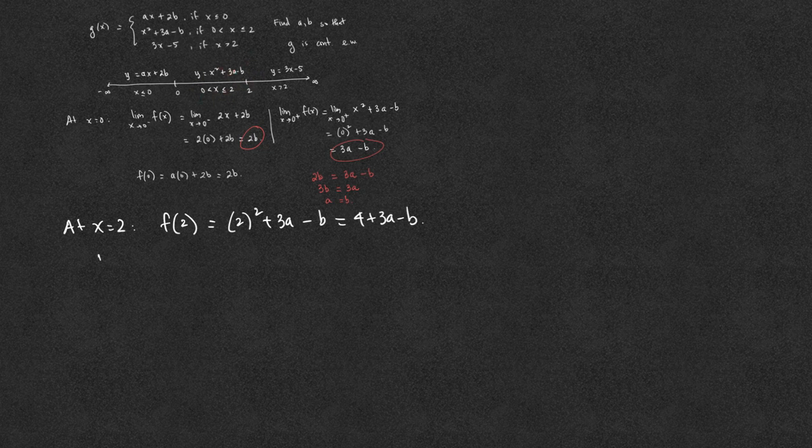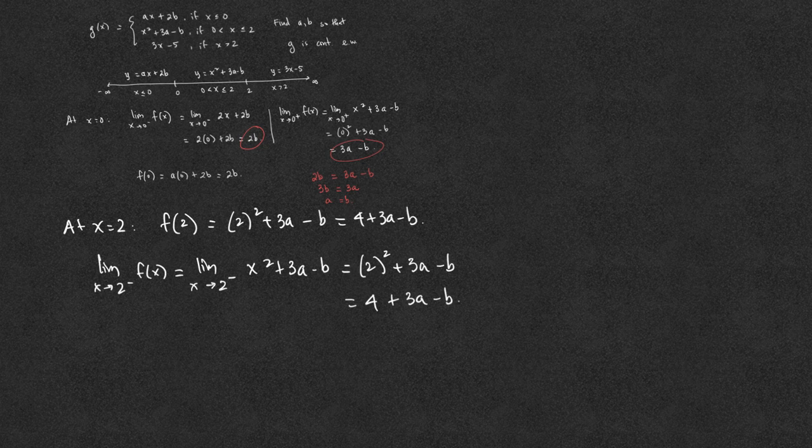Now, for the limit as x approaches 2 from the left-hand side, we would need to use the part on the left-hand side of 2, which is x squared plus 3a minus b. And this is a polynomial, so we just simply substitute 2 directly into the expression to end up with 4 plus